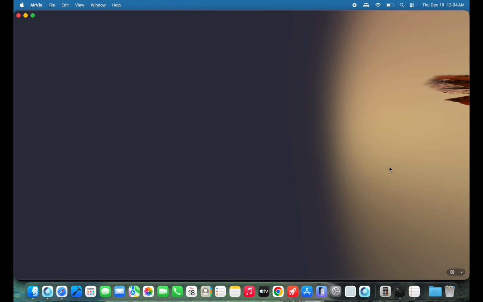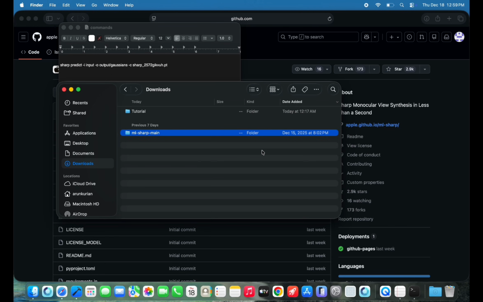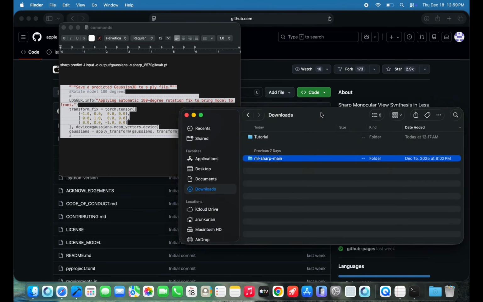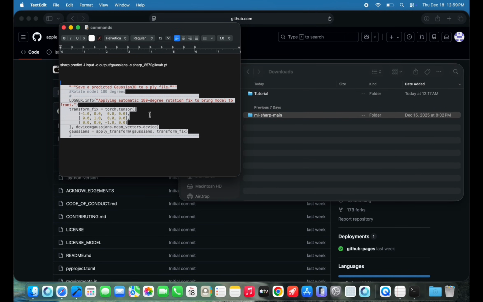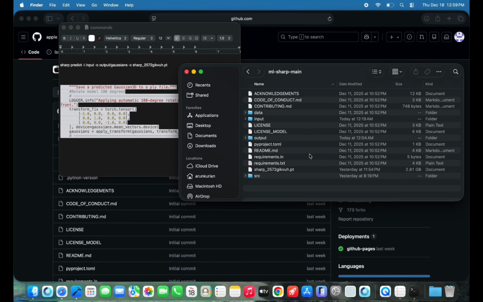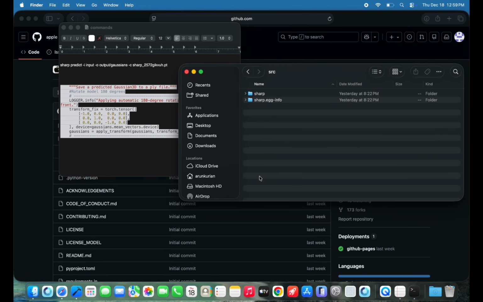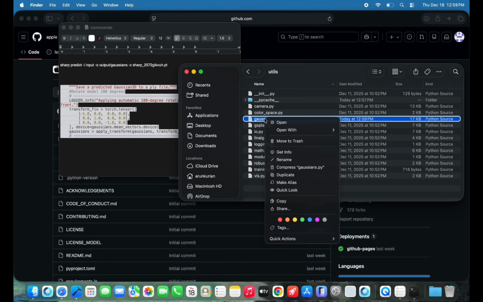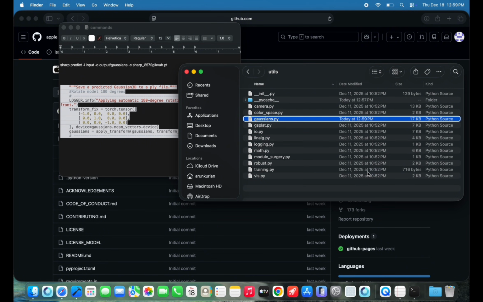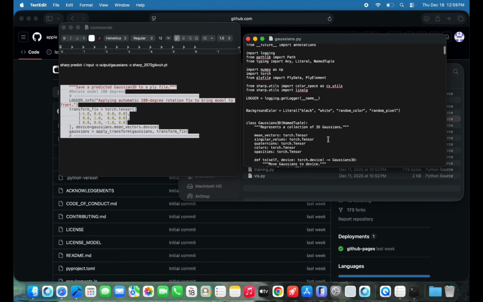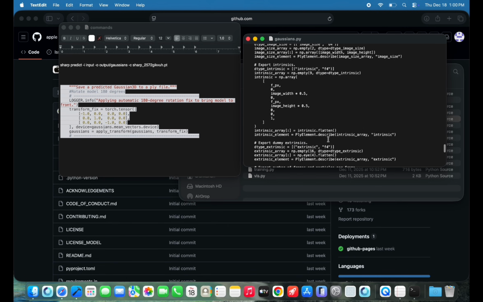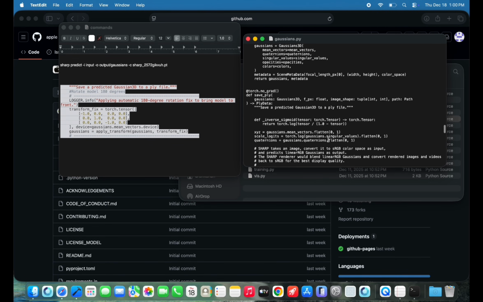All right, so now that the model is good and it's working, let's fix the rotating issue, right? So I have a few lines of code which you can put in your project. So go to the project and go to src, go to sharp, go to utils, and go to gaussians.py. This is the actual file responsible for exporting the 3D scene. And if you scroll all the way down, you'll see a function called save_ply, which is the actual function